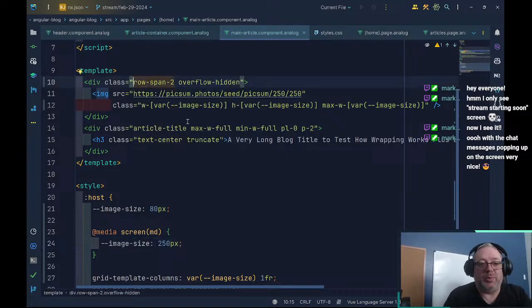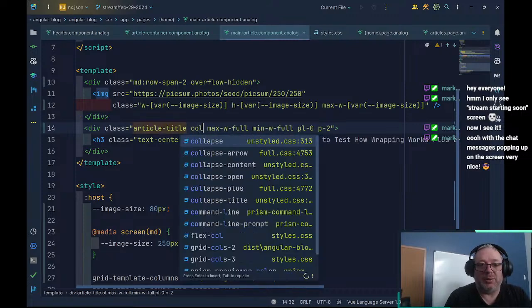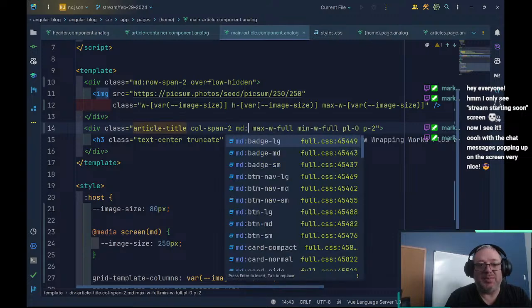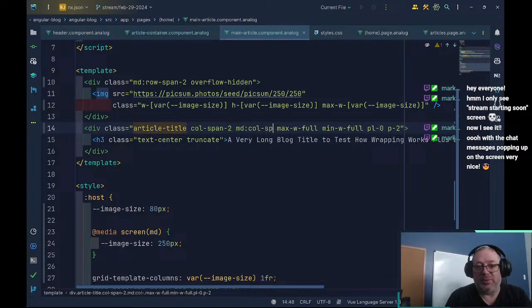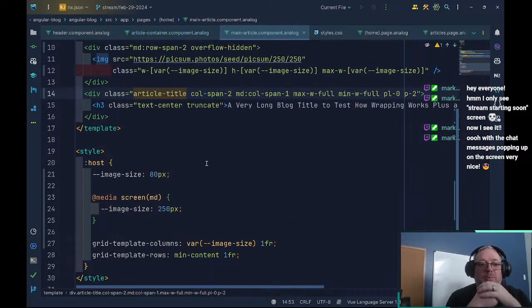We don't want that anymore. We want a medium row span 2. And here on this div, this is the one where we want to call span 2 at small sizes, and then once we get to the medium size, we want a call span of 1. And so this is going to allow us to